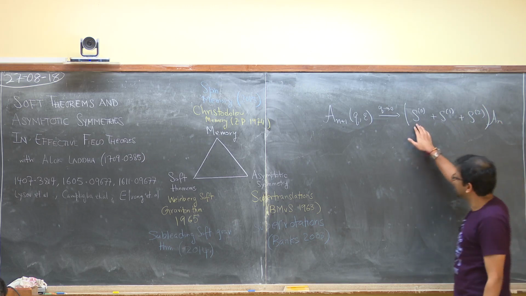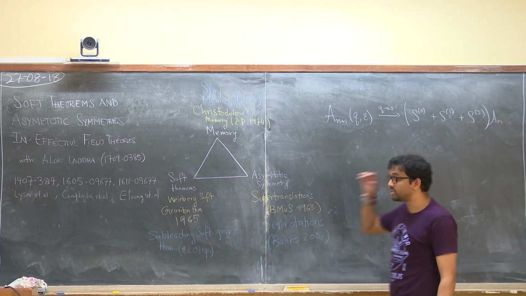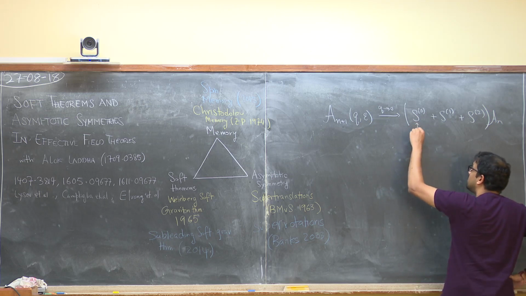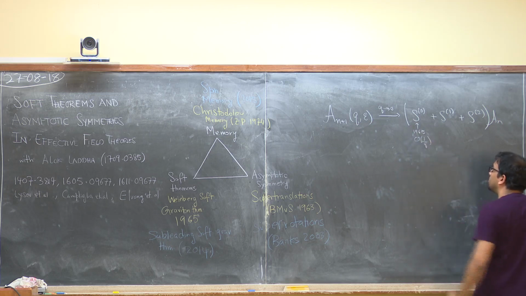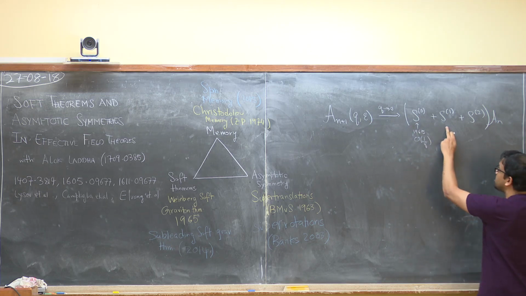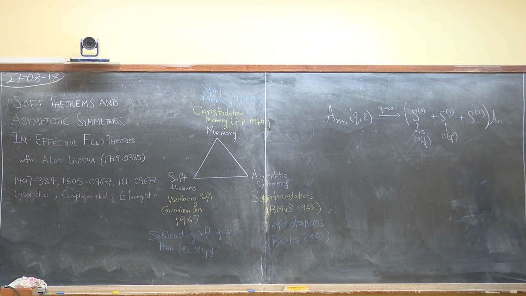So S0 is the leading Weinberg soft graviton theorem. This was deduced, of course, we know Weinberg told us about this in 1965. It's something that's order 1 over q. It's a Weinberg pole. S1 was the subleading soft theorem that was conjectured by Strominger and then verified. So this is order q to the 0. But what he also found in addition was that there's also a factorization occurring at subleading order. Now at that stage of our understanding, there was no symmetry attached to this extra piece. So there's an order q term, and it turns out there's a factorization that occurs in gravity to this order.